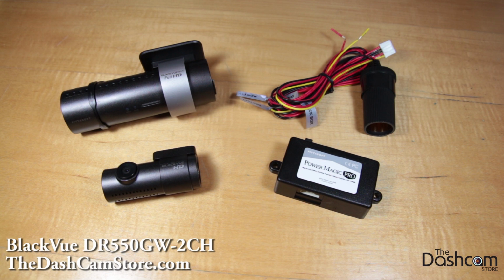So the only bad thing I can say is at times the app might be a little tricky to connect to the BlackVue. Most of the times the issue is unrelated to the camera itself. It's simply because your phone might be connected to a different hotspot at the time, or you forgot to press the Wi-Fi button to turn on the network. But besides that, once you know the rules to connecting to it, it's really simple to use, it's really reliable,